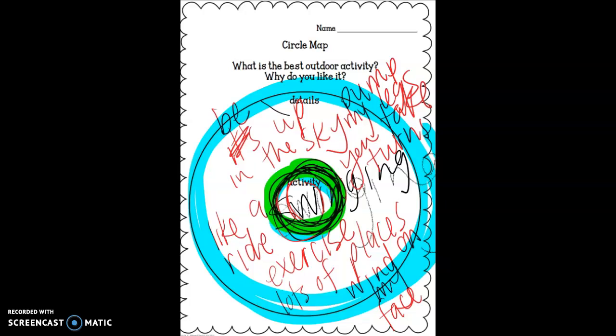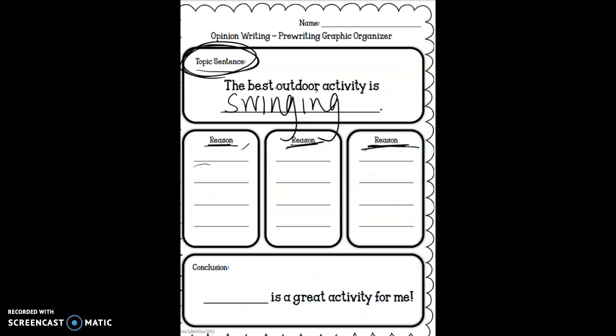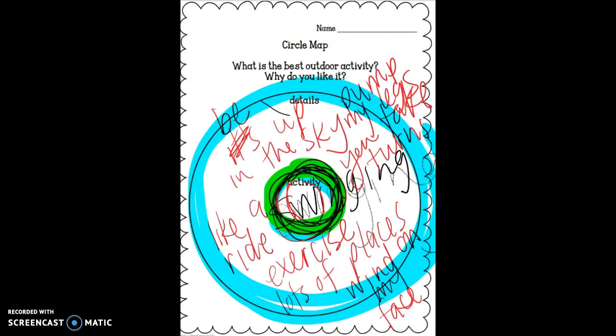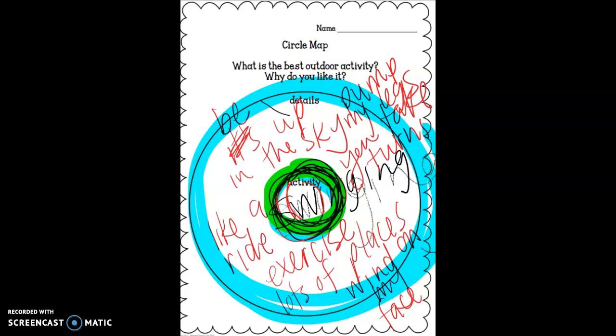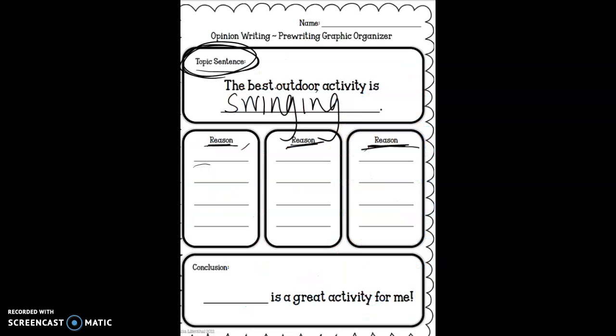So I'm going to start by looking at my map. So I said it's like a ride, you can exercise, you get to take turns, you pump your legs, you get to be up in the sky, you can play on a swing lots of different places, and you can feel the wind on your face. So I'm going to choose 3 of those and list them here. So the first one I want to look at is I'm going to say I like to be up in the sky. So I'm going to get my pencil, and the first reason is